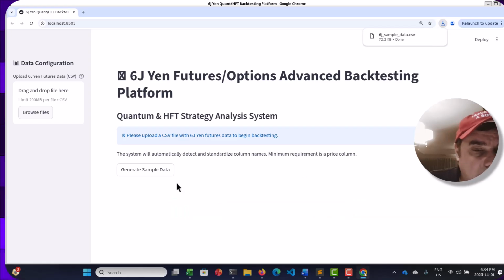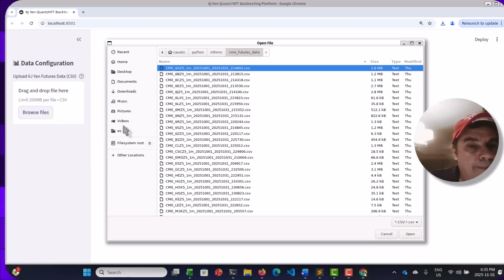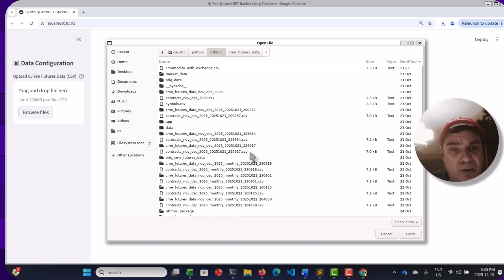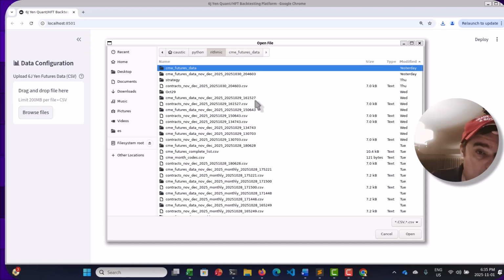Oh, I see. So I have to download the data. So where does the data go? Will automatically standardize minimum price. So I've done that. Now let me think here. Where will the data go? So where's my data? Okay. The data is where? Huh. I don't know where that data went.